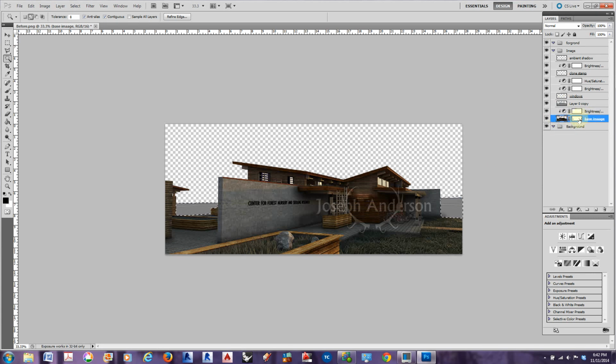So we have them hidden in this layer, and if I create a layer mask on this layer, it turned everything but those selections black. And so what I can do is select inverse,